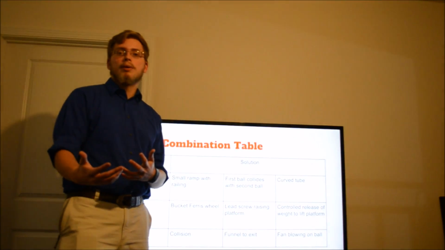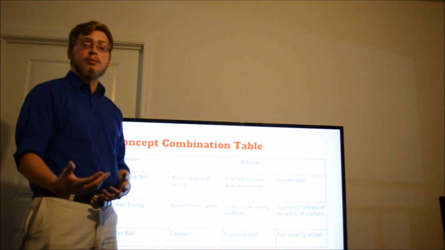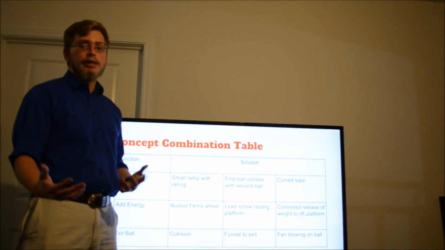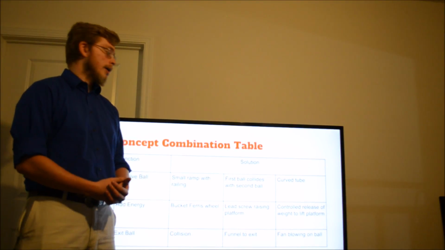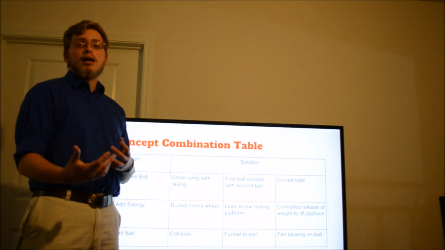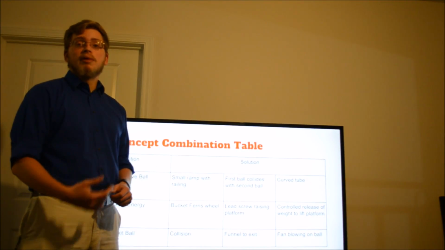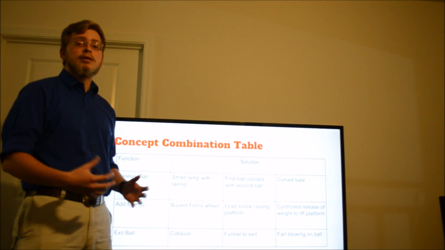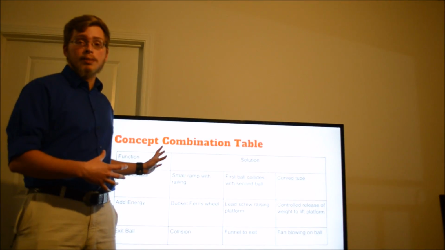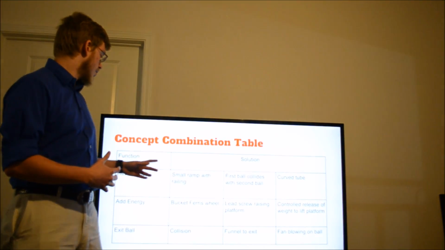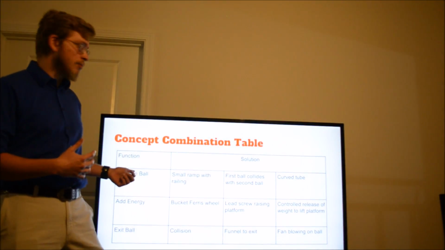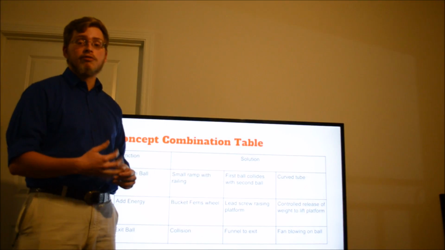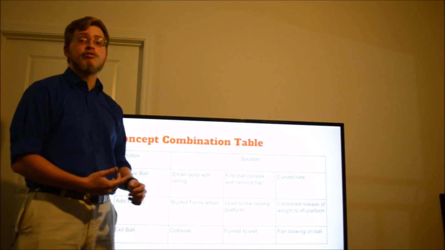So now we're going to talk about the concept generation and screening process of the product after we have completed the intellectual property phase. And so from that, we took the 6-3-5 method of coming up with possible solutions for each subfunction and condensed them into a concept combination table, which we have here, where for the receiving ball, we listed a small ramp and a collision with the first ball and second ball, and then a curved tube for